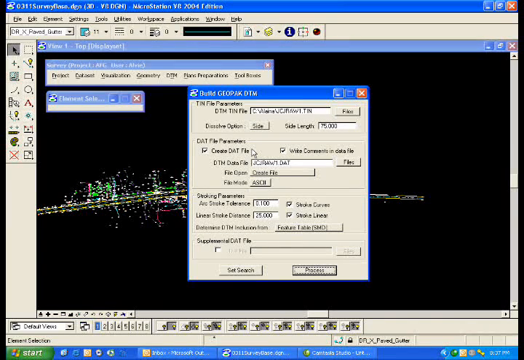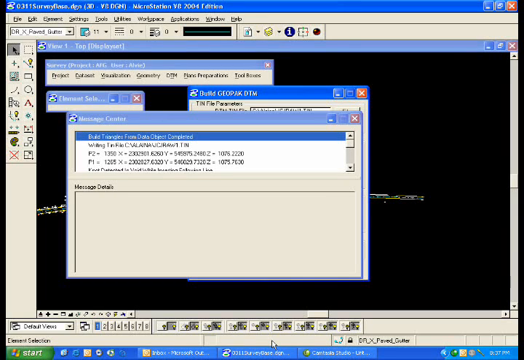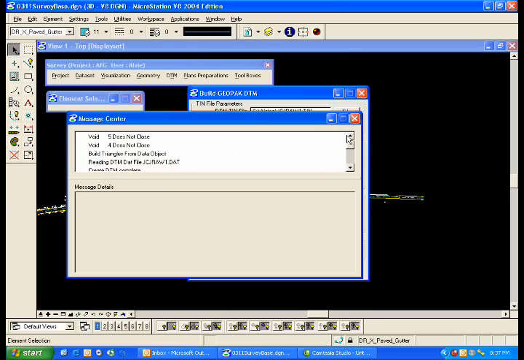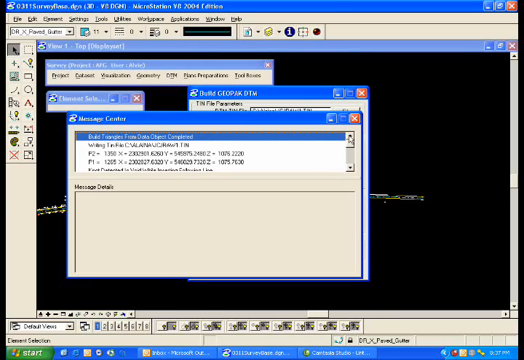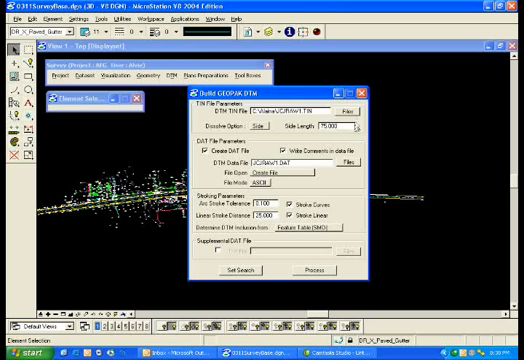Those messages tend to go by very quickly, so if you wish to take a look at them, just click on the Message Center for MicroStation, and then you're able to see the last few messages created by the DTM engine. Writing 10 file and build triangles completed. I'll go ahead and close that, and now I'll take a quick look at the DTM model that was created